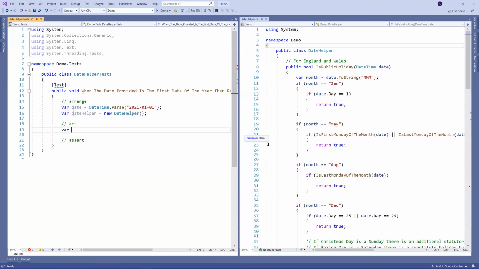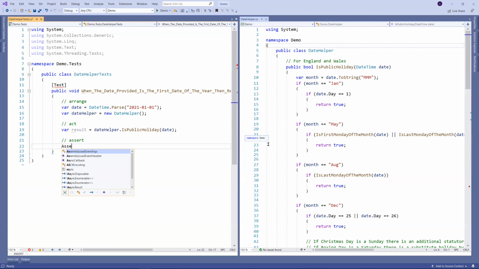So I'll create a variable called result, and invoke the isPublicHoliday method and pass in the date that we've just created. That's the act phase. The assert phase is to assert whether the outcome is what we would expect. In this case, I'm expecting the result to be true. You can pass that in. I also need to remember to